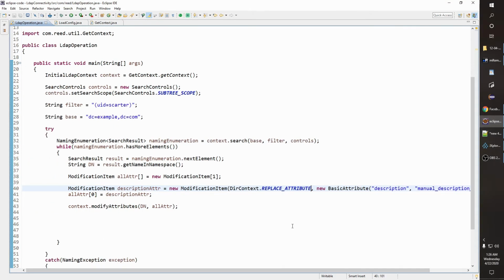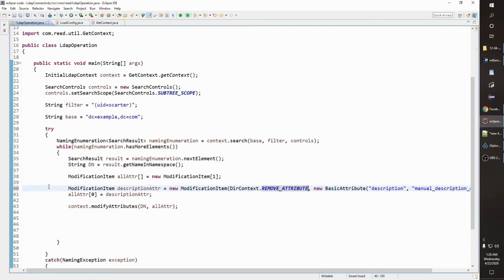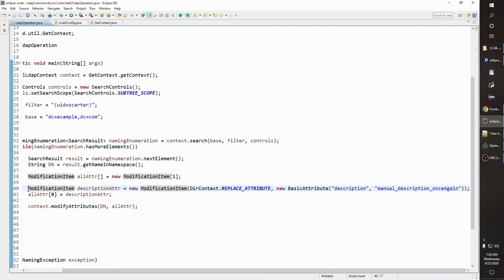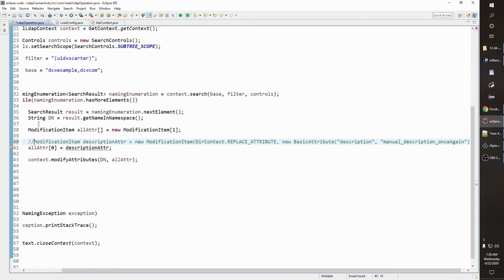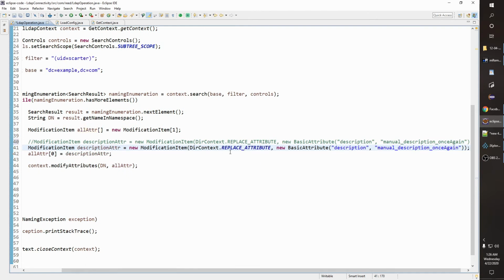Replace attribute is done. Let's say we want to remove that. Remove attribute, correct? Okay, so let's once again, I will comment it, so that this will be useful if someone is using the same piece of code, they can uncomment and make use of it. I will use remove attribute.